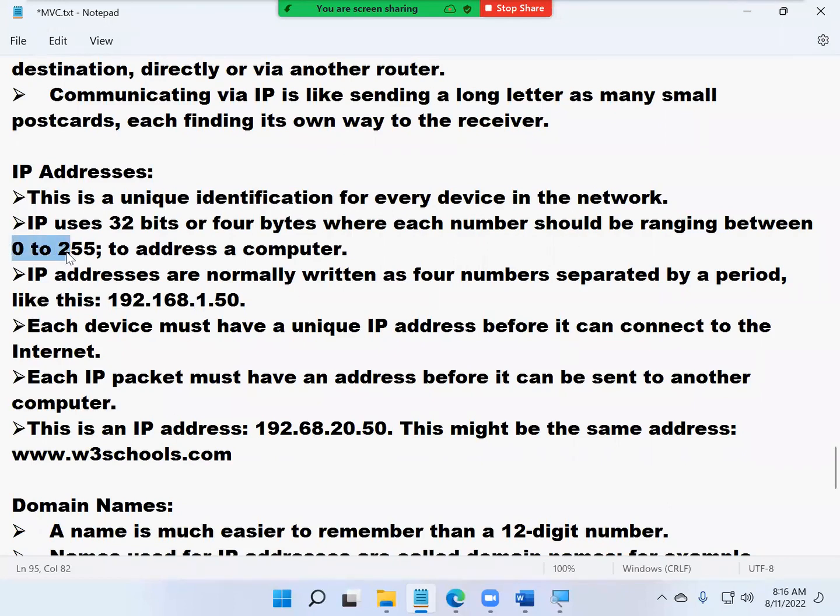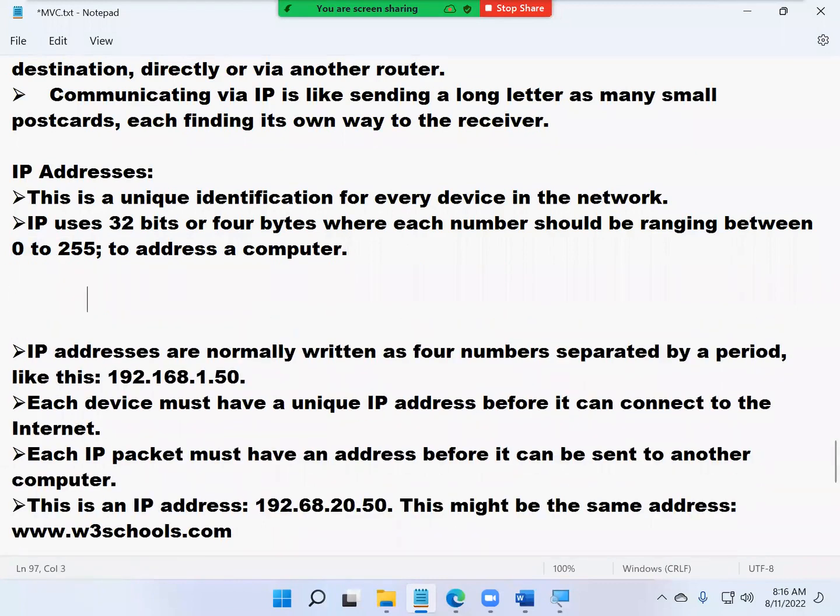1 byte of memory means 255 only. So basically, the format of an IP address will be 0 to 255. That will be the format of an IP address. It is a 4-part numeric value where each part ranges between 0 to 255.